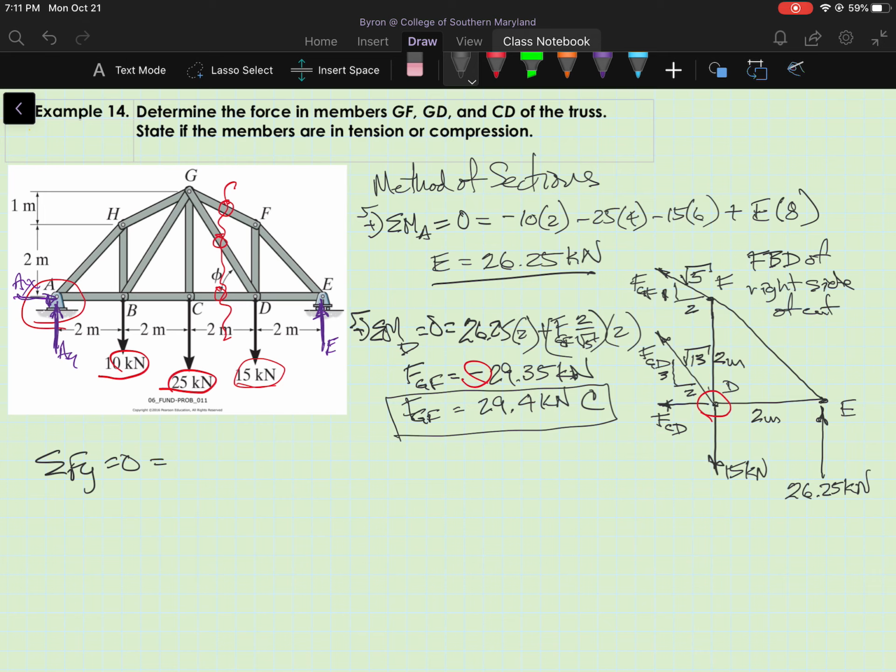I'm going to take the y component of FGF here, and I need to realize that FGF is acting in compression. It's acting opposite the way it's drawn on my free body diagram. So you have to keep track of this. So it's going to be minus 29.35 times 1 over root 5